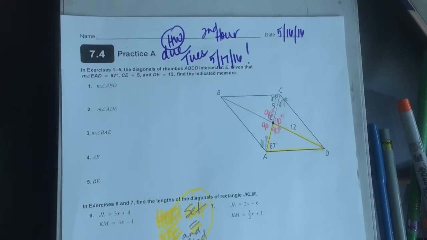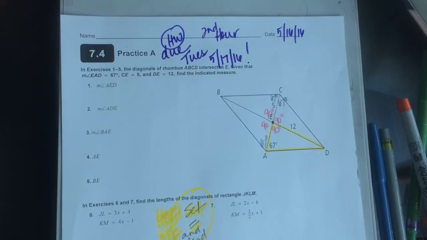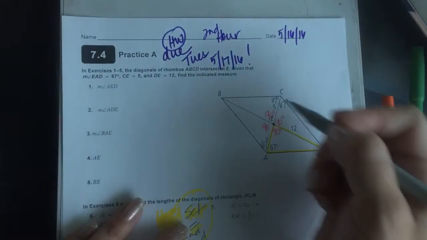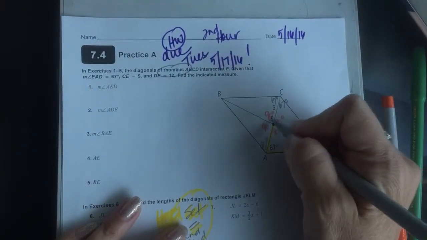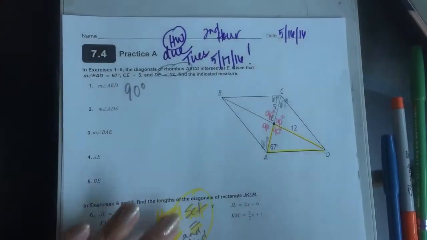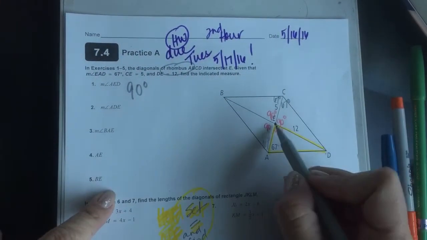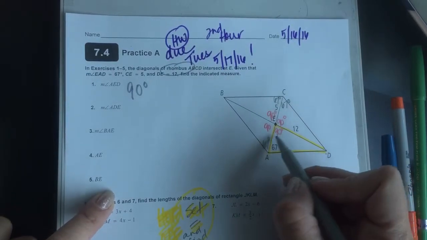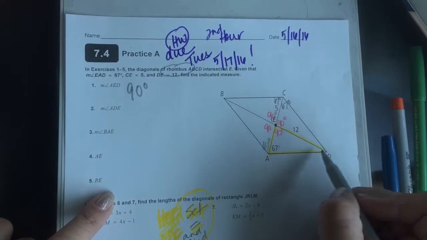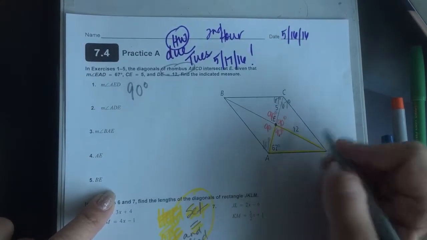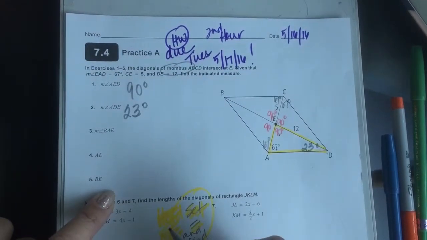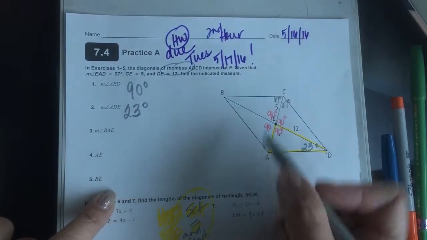I think number one, the first answer, what's the measure of angle AED? AED, we said since this was a rhombus, the diagonals intersect at 90 degrees, so AED would have been 90 degrees. And then ADE, we use the idea that this triangle, and I actually had it highlighted, this triangle's measure is 180 degrees. 180 minus that 90 degree angle minus that 67 degree angle is going to put this one at 23 degrees. We've got the measure of BAE,